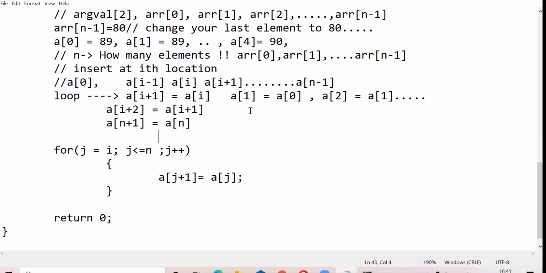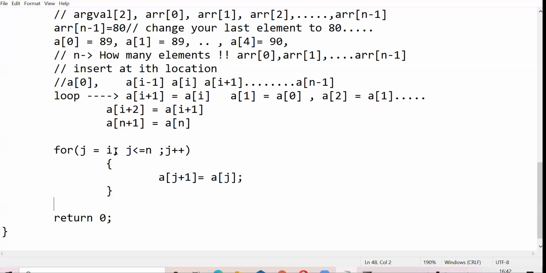See, what we want to do is A of 1 should be A of 0. A of 2 should be A of 1. So every time there is an increment, this 1 is becoming 2 here, 0 is becoming 1 here. See what will happen. See what is happening here. How will this loop run?